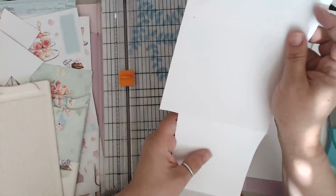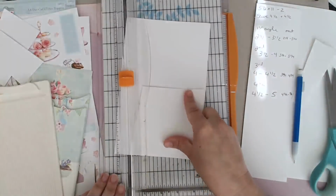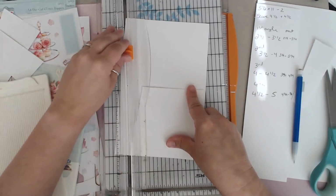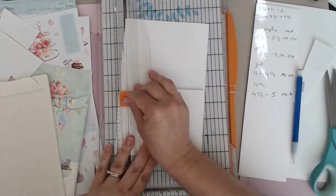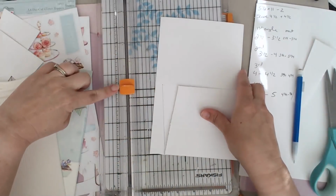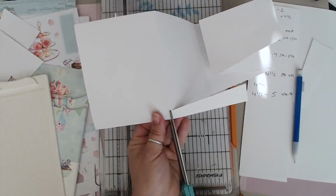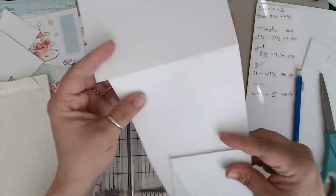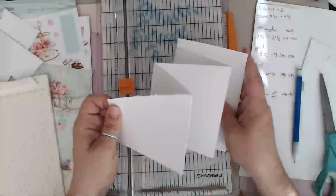Hang on. I almost cut too far. And make sure I'm not cutting too far. And I'm trying not to go too close. I know I can see where the edge is, but I'm just being cautious because I don't want to cut too far through. So there. And now you have your card that has the giant